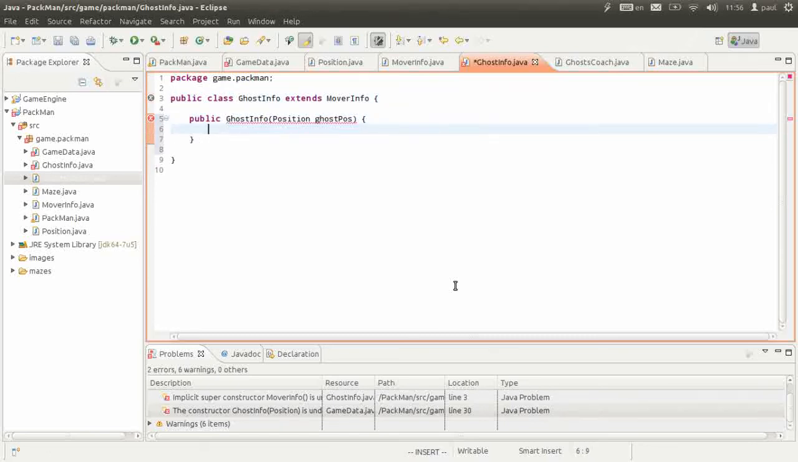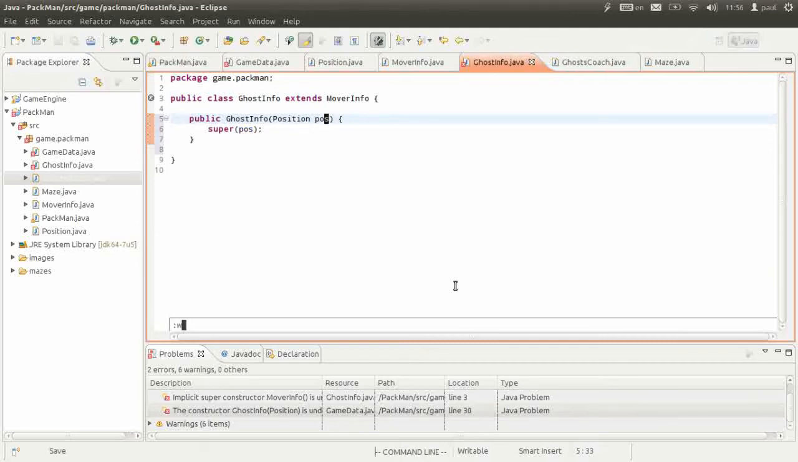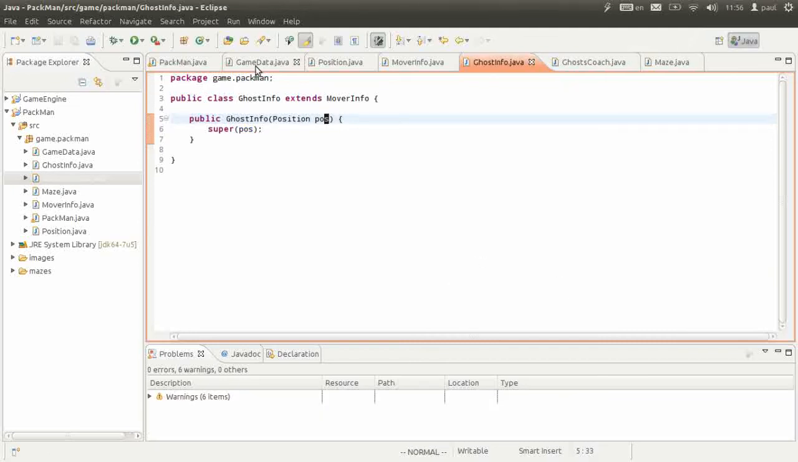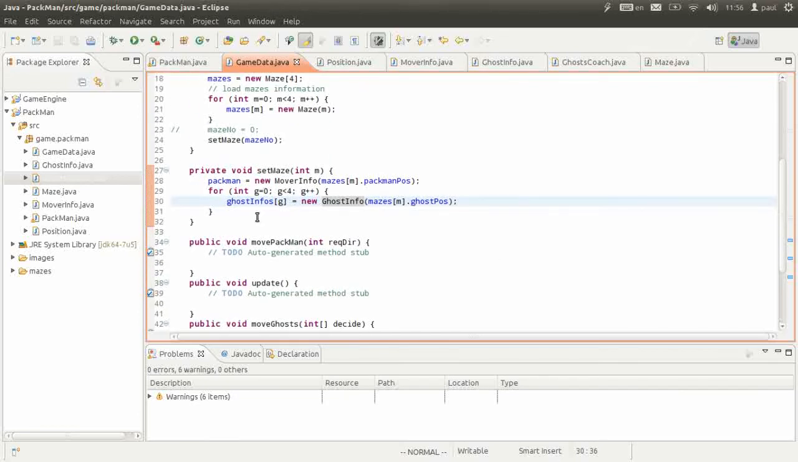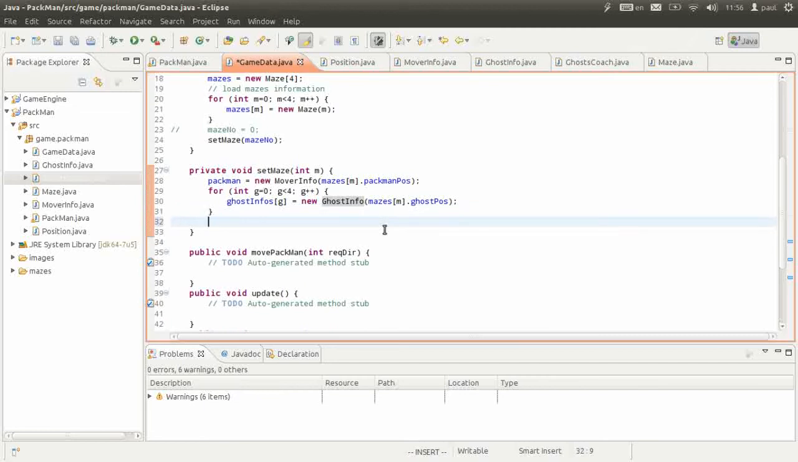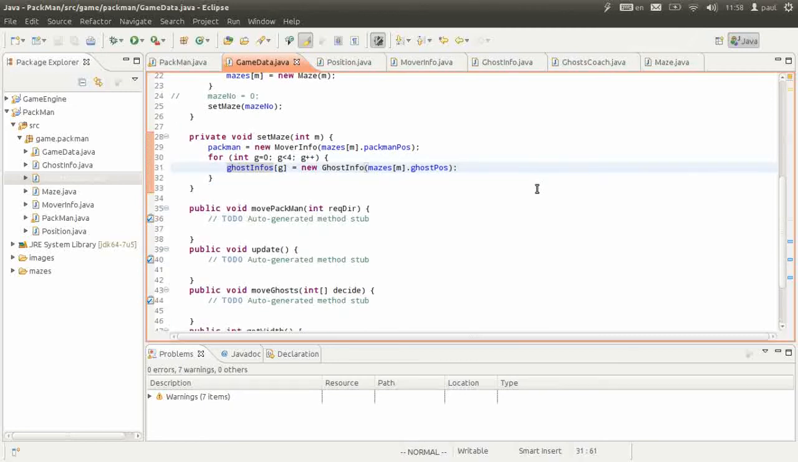Basically this just sets the position of the mover object, so we just call the superclass and give it position, just call position, and we are going to be fine, hopefully. Yes, we are. Once we have all the Pac-Man position, next we are going to make a copy